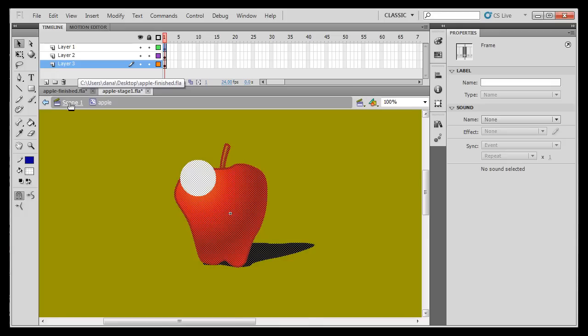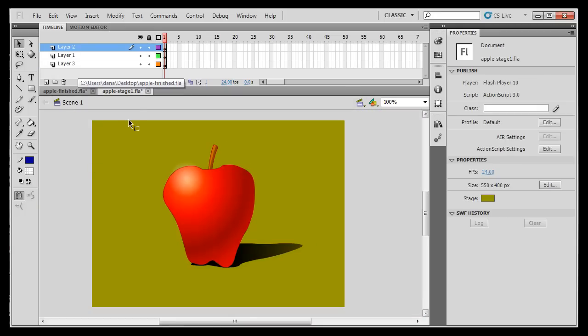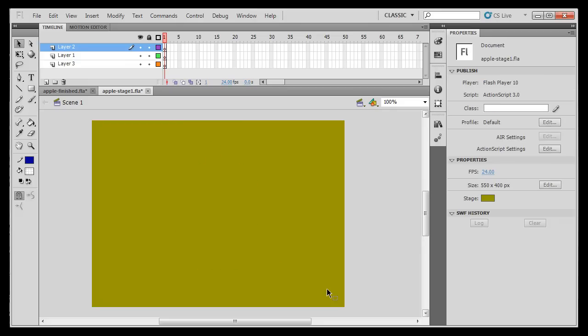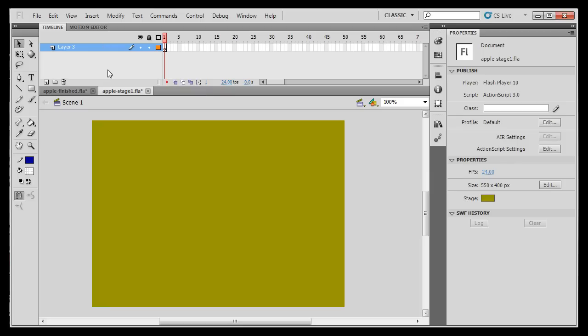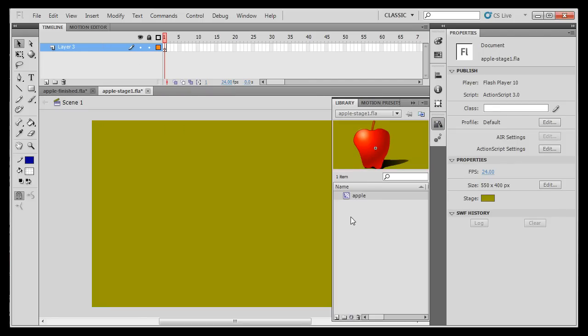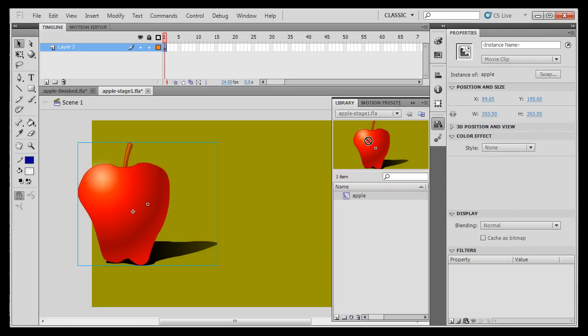So now if I go back to scene 1, I can actually delete all of this. I can delete these empty layers. Take this layer, delete that one, delete that one. So now I only have one layer. It's empty, but in my library I've got my Apple movie clip, which I can drag out and drag out